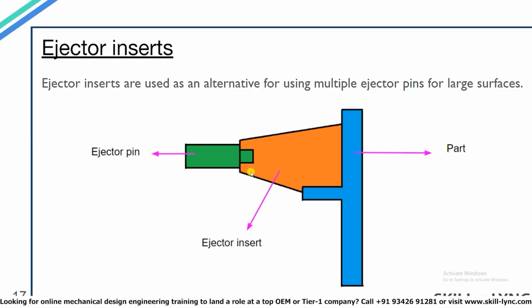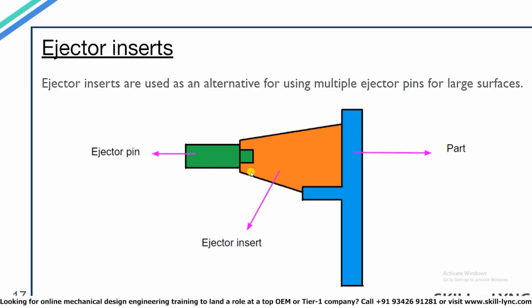In the given figure, you can see the cross-section view of the mold. The green part is the ejector pin, the blue part is the component which is molded, and the orange part which you see is the ejector insert. So this insert helps in distributing the ejection force over a larger surface without the need of providing extra ejection